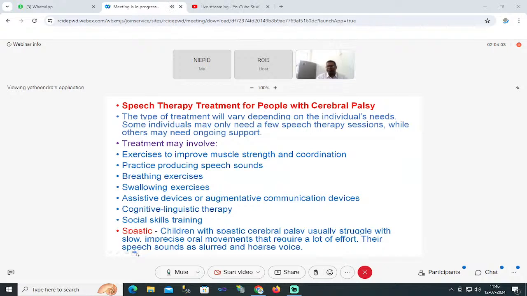For the tongue muscle exercises, generally as a physiotherapist you may be knowing: pulling out the tongue and taking it back, moving sides right to left and left to right, lifting up and keeping down, and rotation clockwise and anti-clockwise. So these are the tongue exercises. Each individual with cerebral palsy is unique, and the unique individual requires the exercises uniquely,